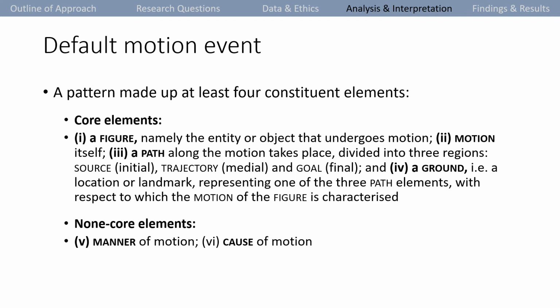These elements are semantic elements which get expressed in linguistic or surface elements like nouns, verbs, prepositions, adverbs, and adverbial phrases. Importantly, this relationship is not one-to-one. A single surface element may express a combination of semantic elements, or conversely, a single semantic element may get expressed across a combination of surface elements. And this can also differ across languages. For example, some languages, such as English, tend to express motion and manner together and path separately, while other languages, such as Spanish, tend to express motion and path together and manner separately.